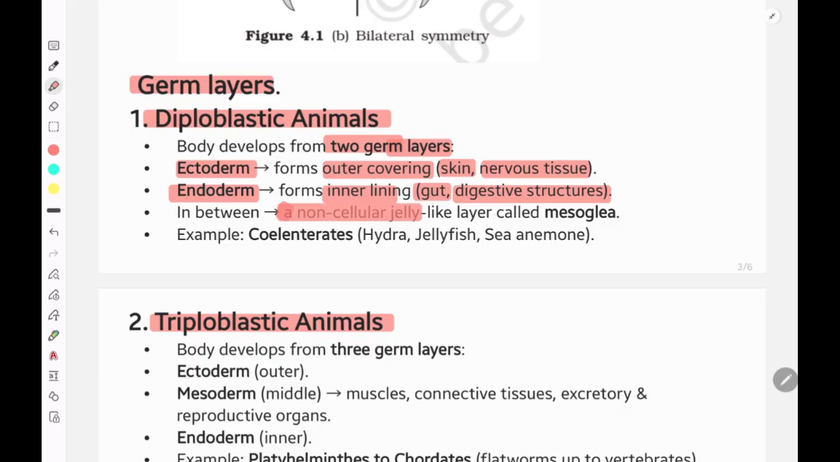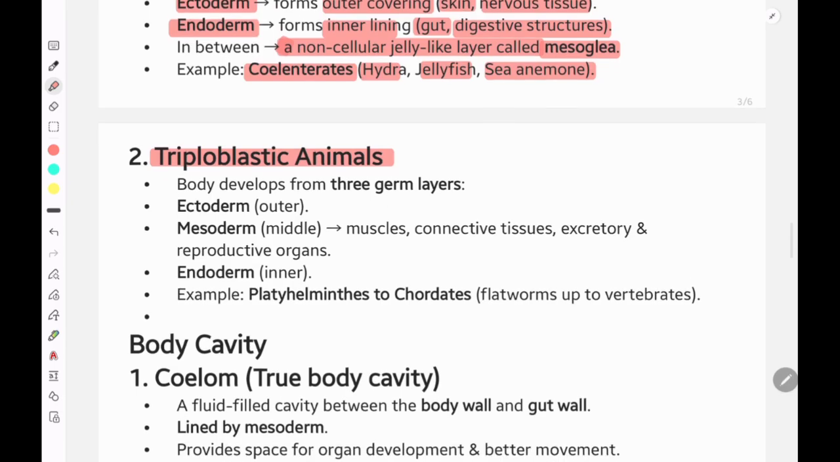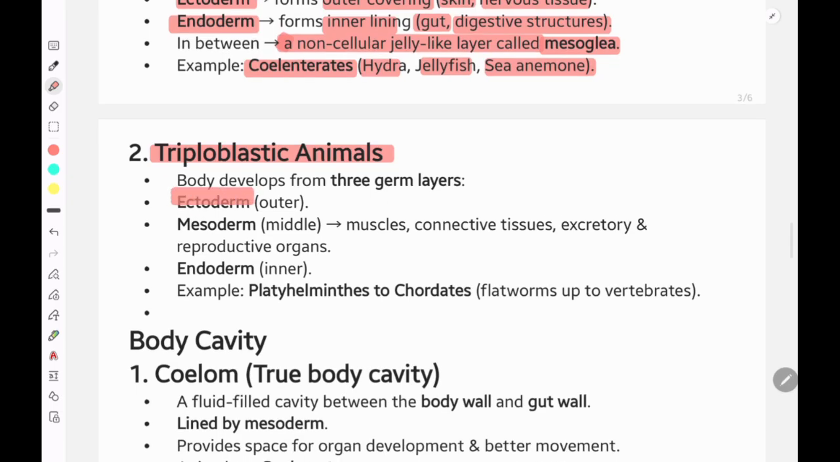In between, the non-cellular jelly-like layer is called mesoglea. Examples are coelenterates, hydra, jellyfish, sea anemone. In triploblastic, there are three layers. Between the endo and ecto, there is another layer, that is mesoderm. The ectoderm is the outer layer, endoderm is the inner layer. Between these two, there is